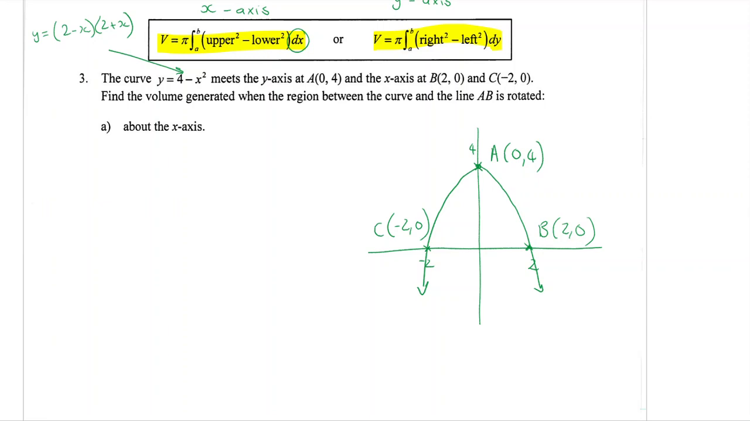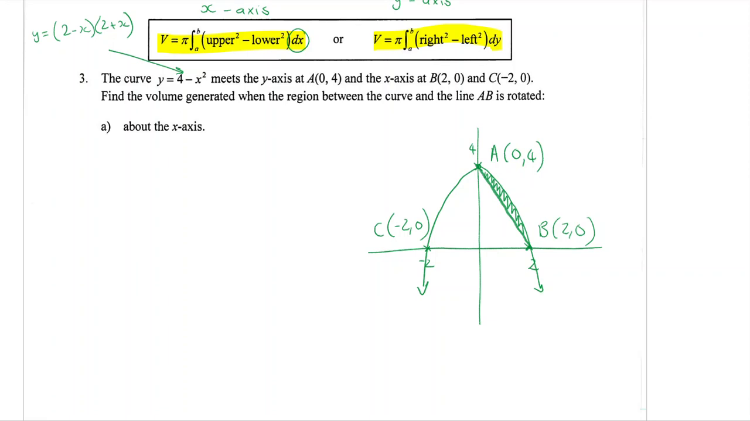Find the volume generated when the region between this curve and the line AB, so I need to draw a line from A to B. So the area that is between those curves is going to be rotated about the x-axis to produce our volume. Okay, so if we're going around the x-axis, that means I want to use my first formula here,